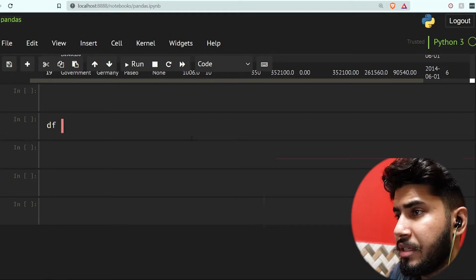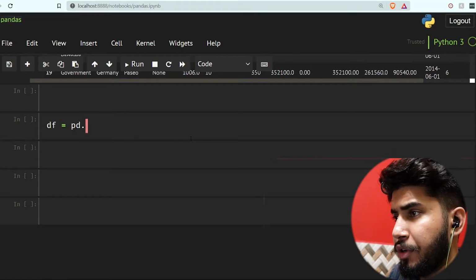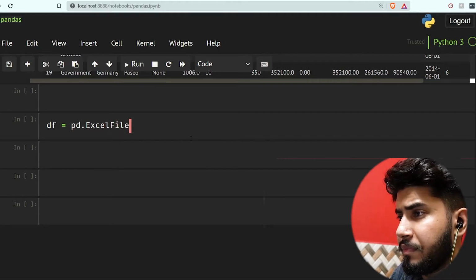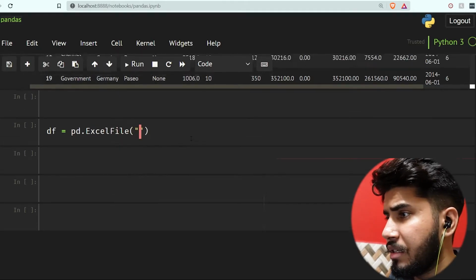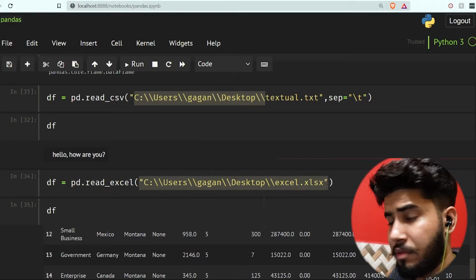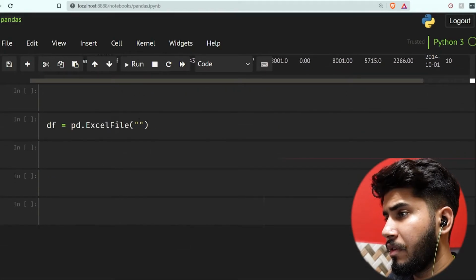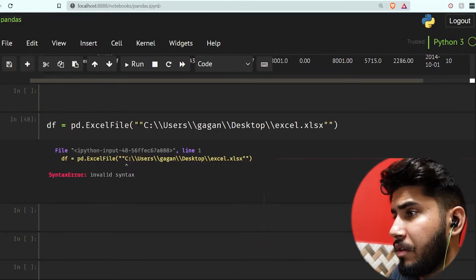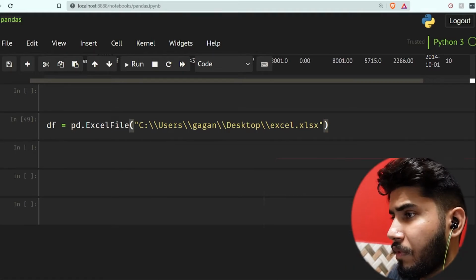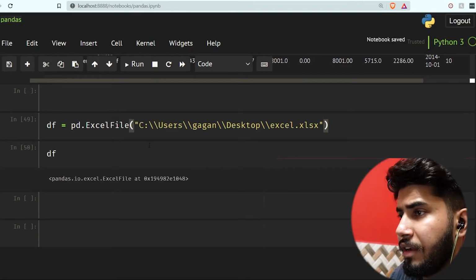What I'm going to do is df is equal to, and I'm going to use pd.ExcelFile, and here I'm going to pass the path. So let me give it, and so we have df here.